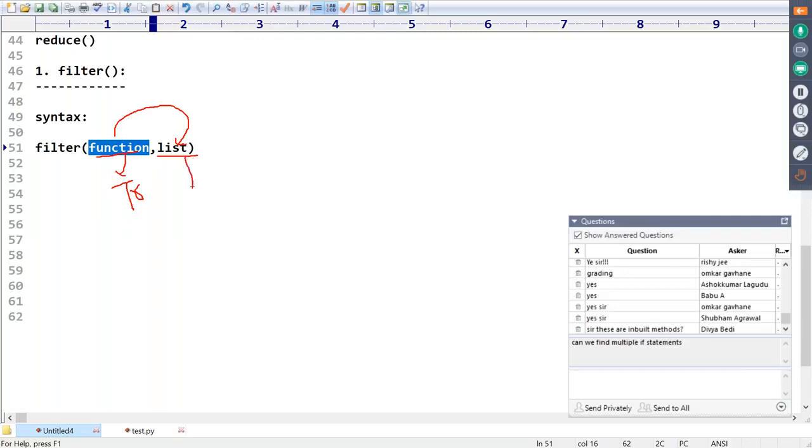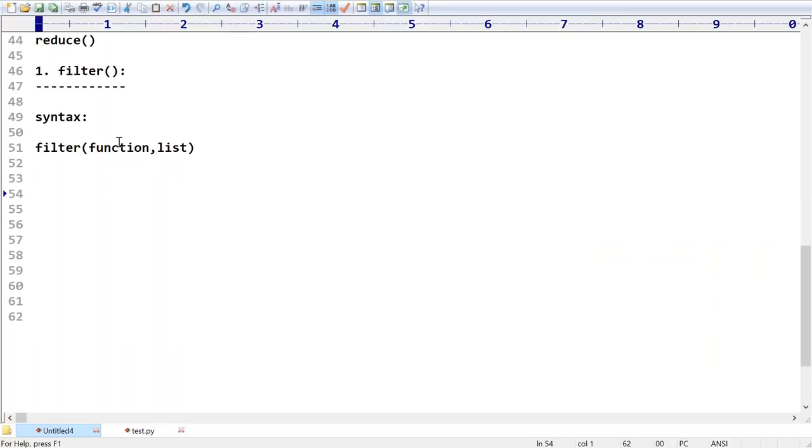Selected that. Again, selected that. If this function returns false, oh, I don't want this one, ignore that. Are you able to understand? It is going to take some function as the argument. This function can be applied for every element in this sequence. Need not always be a list. It can be a tuple or a set also, no problem at all.